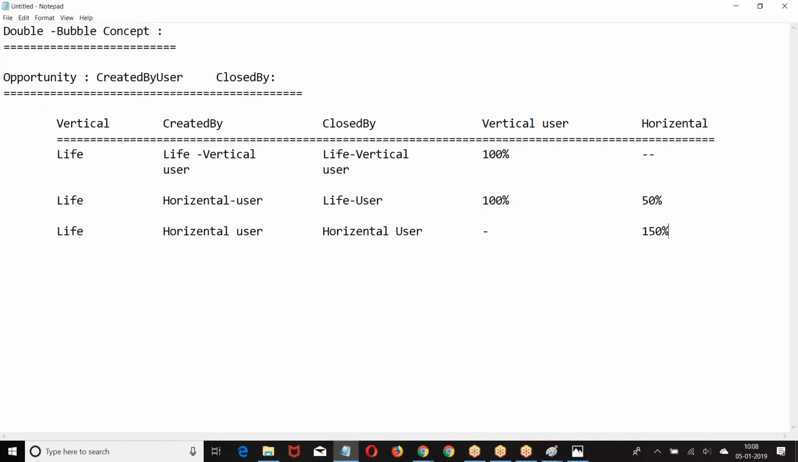How is this implemented? Again, it is a trigger concept. Whenever the opportunity stage name is modified as closed one, the trigger will fire, run this calculation, and this data will be stored in one custom object. I hope you are good with this, right? Again, how did you implement it? Trigger concept. Are you clear about this? Okay. Next,